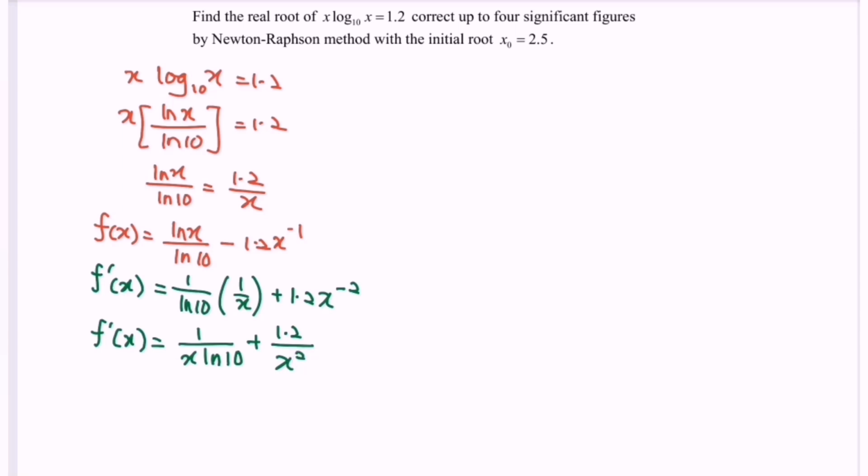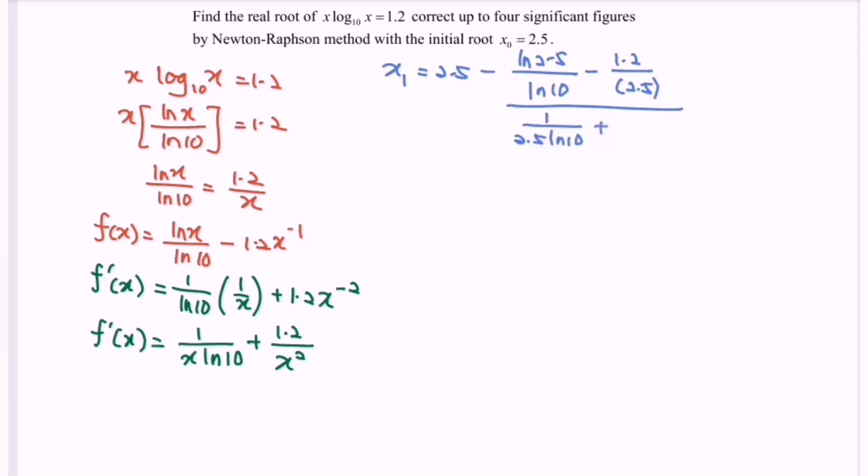So kindly substitute the situation into the formula. We have x sub 1 equals 2.5 minus f(x), where we have ln 2.5 over ln 10 minus 1.2, over f'(x), which is 1 over 2.5 ln 10 plus 1.2 over 2.5 squared. So refer to the calculator, we have x sub 1 equals